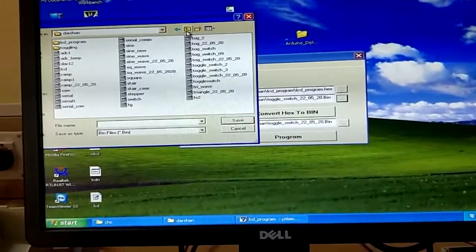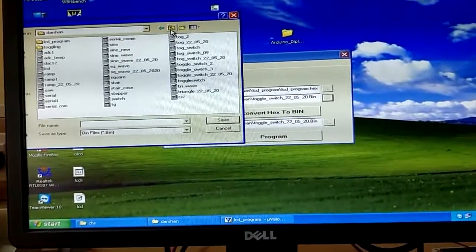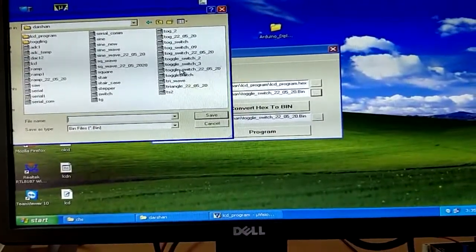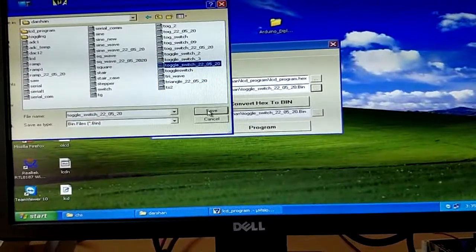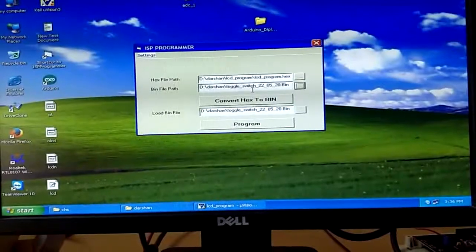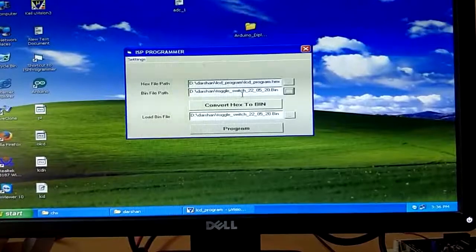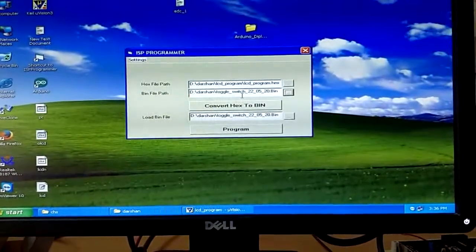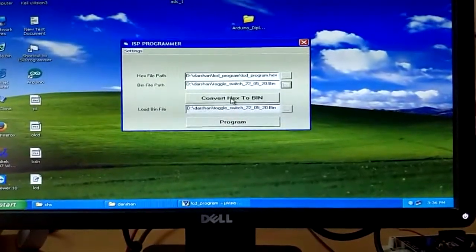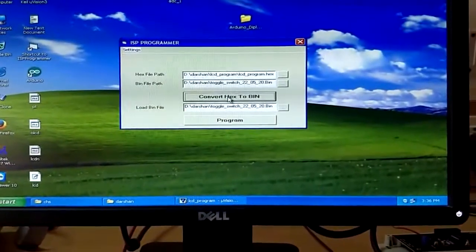Whenever you create a binary file, you have to choose the location where you want to store it, and also provide the file name with the .bin extension. Then you click on convert hex to binary, so that it generates the binary file of that program.